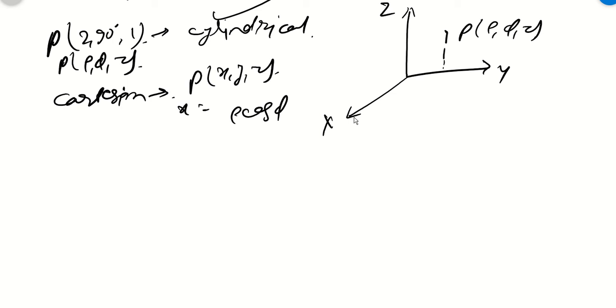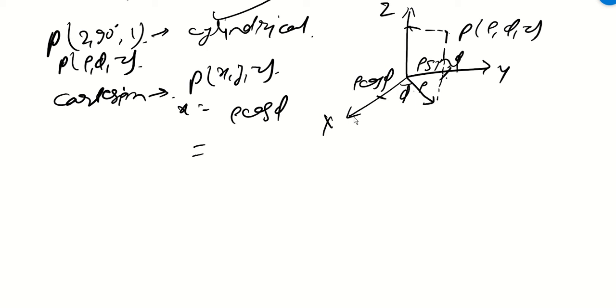So if you put a perpendicular, you find out this thing. So this is also your rho, right? And this will be your phi. And Z is the same thing. So what is happening? Rho. So this will be my X component and Y component. So X component is rho cos phi and Y component is rho sin phi.